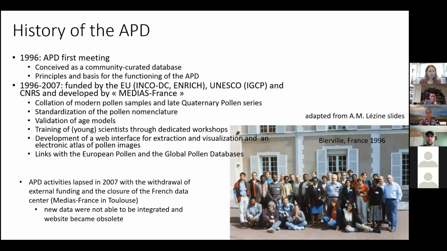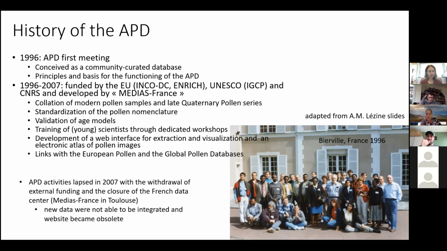Okay, so just a little bit about the history of the African Pollen Database. It was first developed in '96 when there was the very first meeting of the community that put the database together, that sort of developed a data model for principles of the functioning of the African Pollen Database. And then from a period between about 1996 and 2007, this was an effort that was funded by multiple different